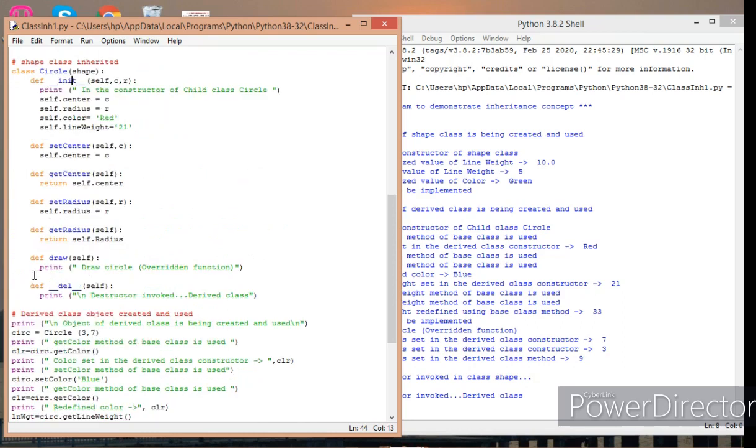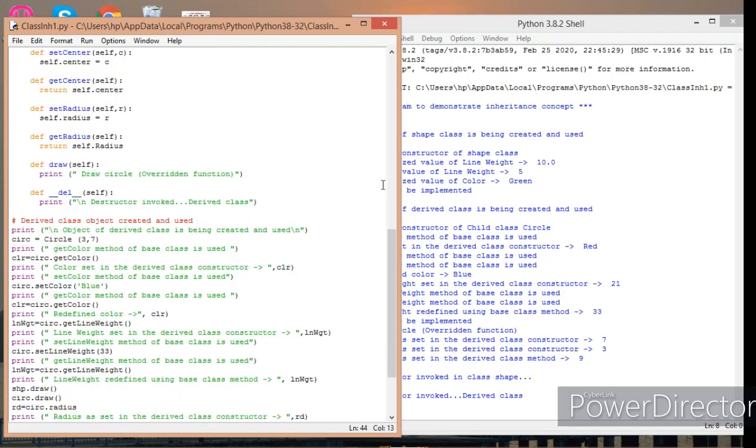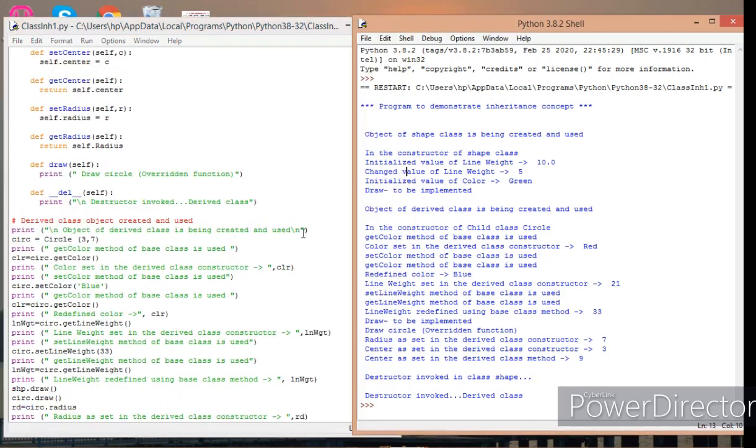Now I am writing one more statement just to show an example of what we mean by overriding a function. After that I have one more destructor which will be deleting the object created in this derived class circle. Now let's again go through the different statements in this derived class.